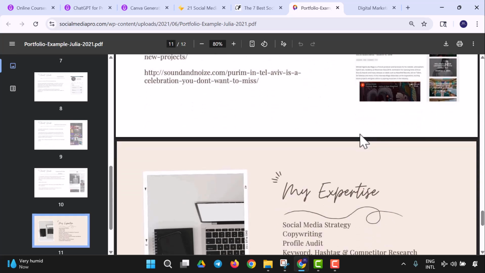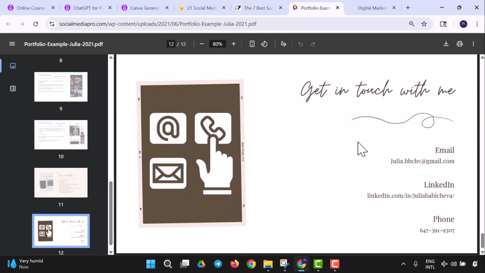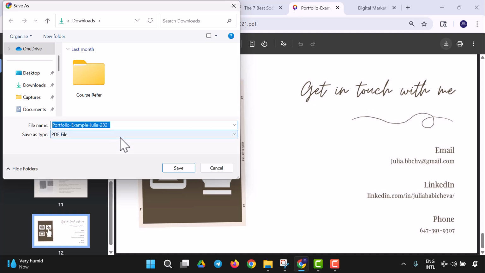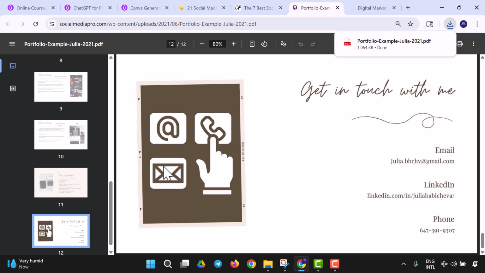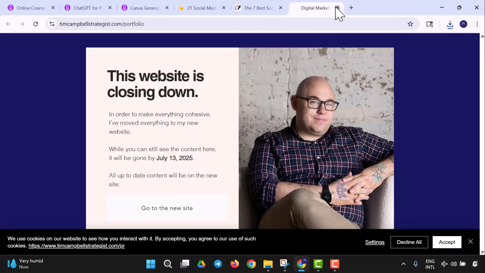As you could see from here, this is a very good portfolio. So what I will do is download it just to always reference it. I'll just download it right here so I could look into it much more later. Then we can replicate something similar or something better. So we can have this, and this is another social media